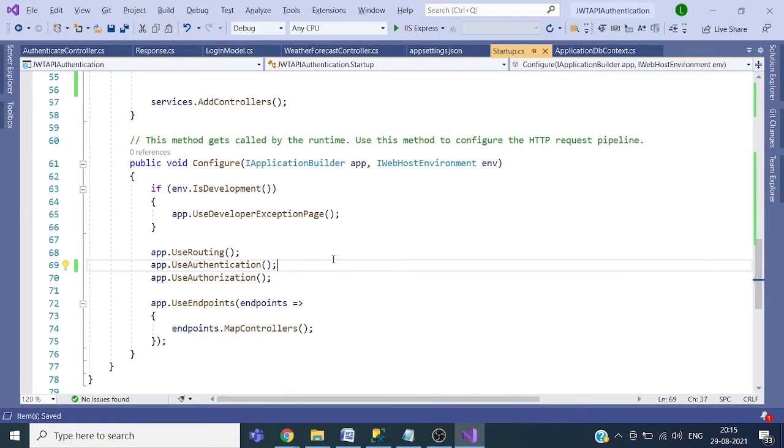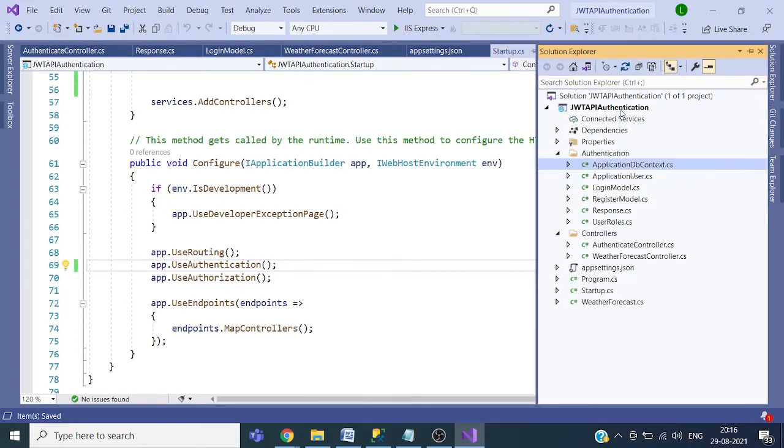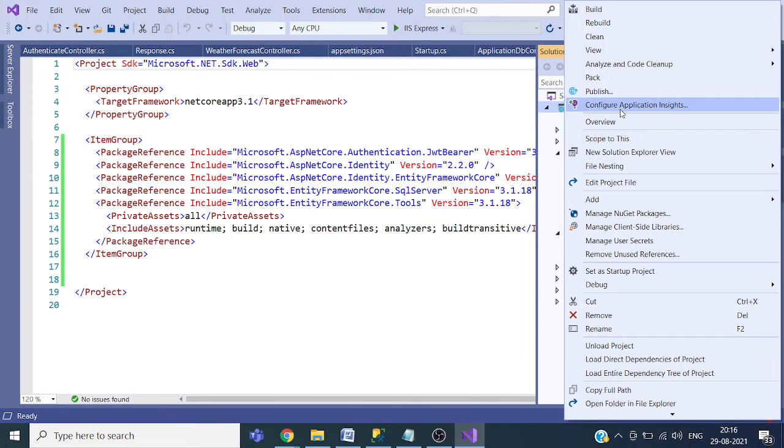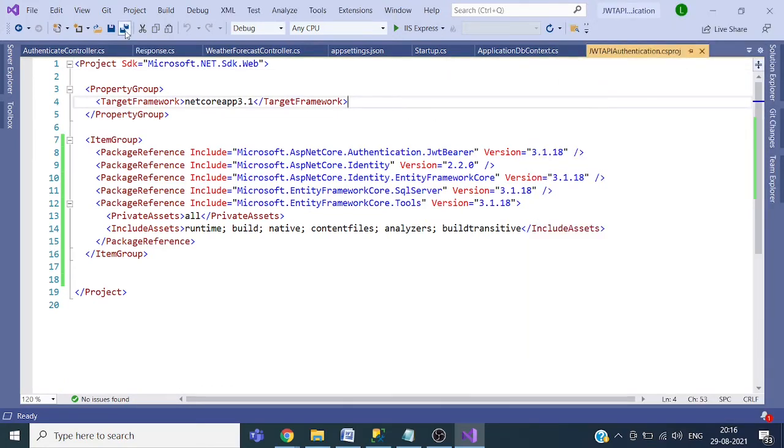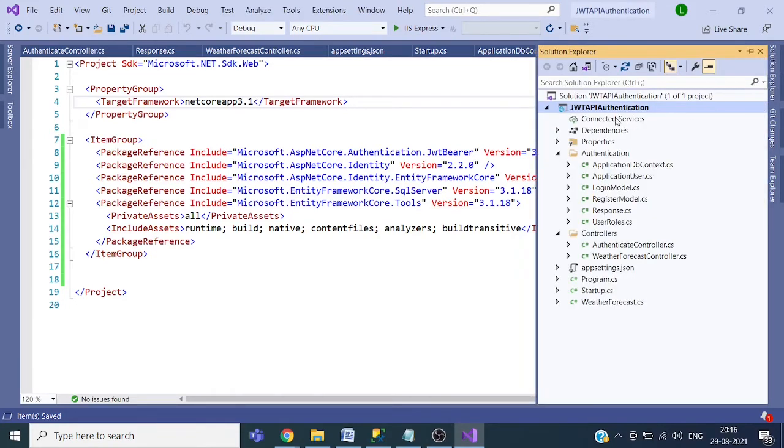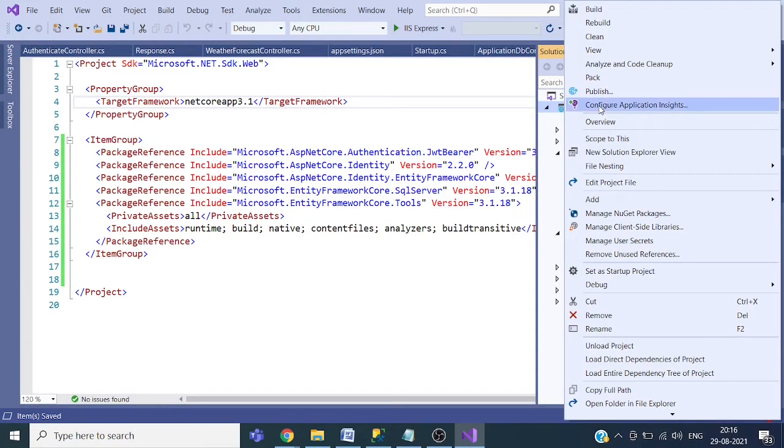Okay. So now we are done with the development. Now we need to update our database with the classes which we have just created in our project. So we build our project, save all, build the project.